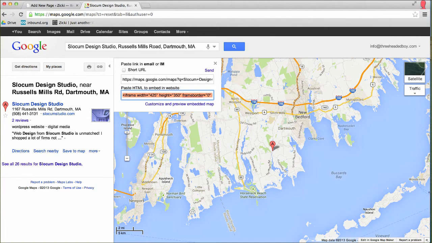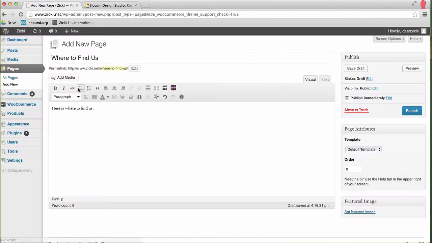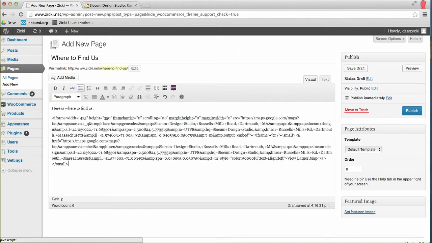But there's a problem here. Looking at this page, if you were to publish this right now, or if I preview it, I'll show you what it's going to look like. It doesn't look right, does it? There's just stuff everywhere, right? And that's frustrating, because it's not supposed to look like that. So what you're going to do instead is